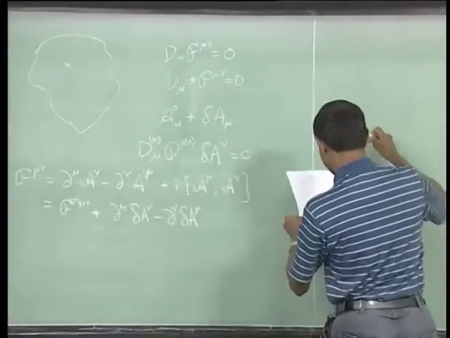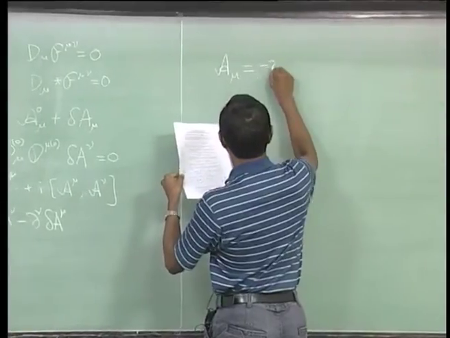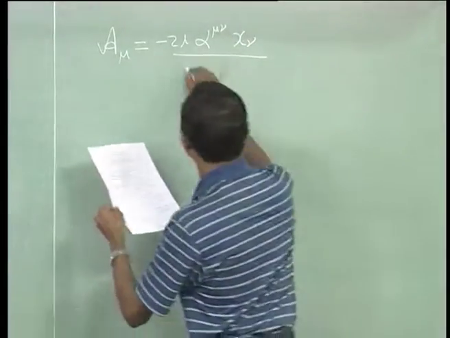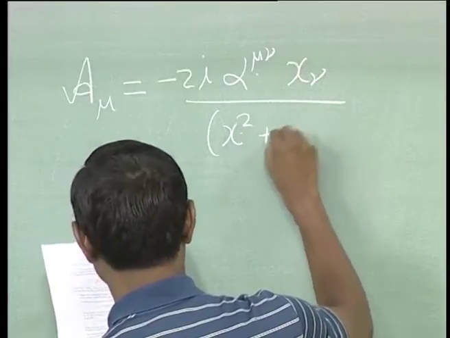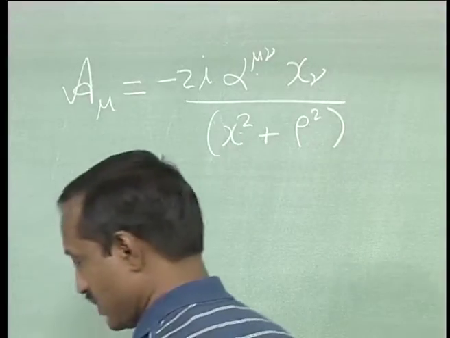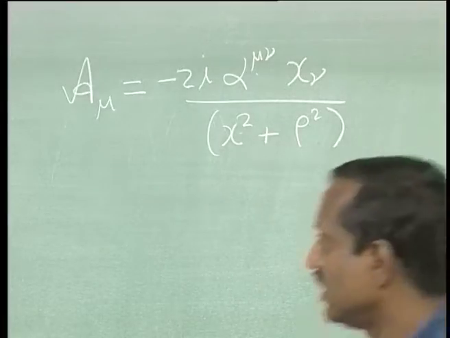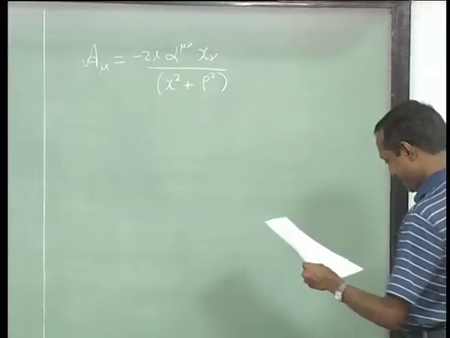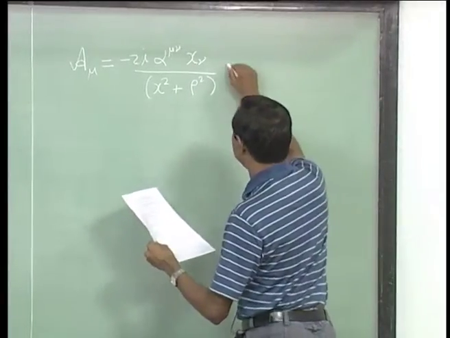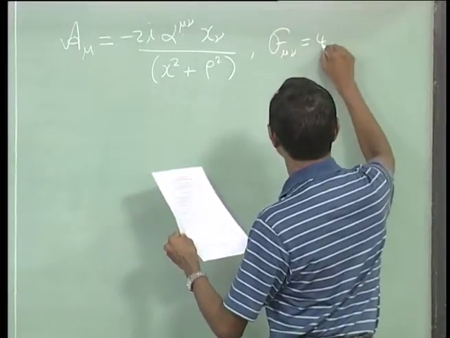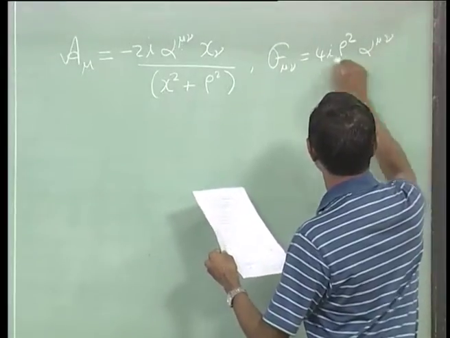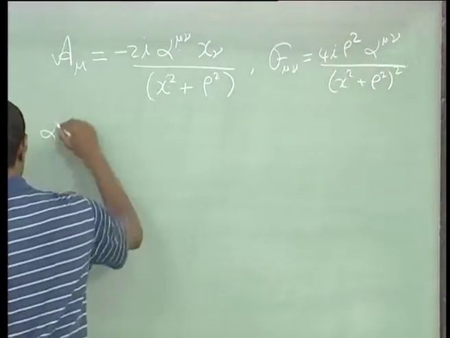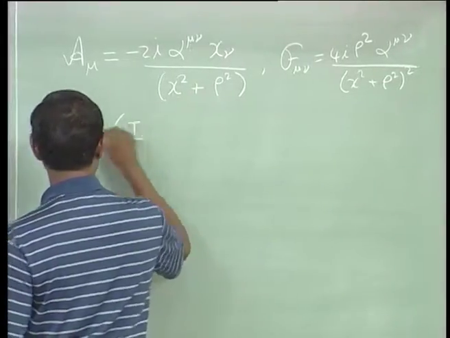So, I will define something called alpha mu nu. Okay, so x square is what I called r square there, maybe I should call it r square. No, I will call it x square, you will see why, because I want to shift and things like that, then thinking of it as x square is sensible, and of course mu nu goes from 0, 1, 2, 3, 4 and 1, 2, 3, okay, and f mu nu for this looks like 4 i rho square, okay. So alpha 0 is identity, and